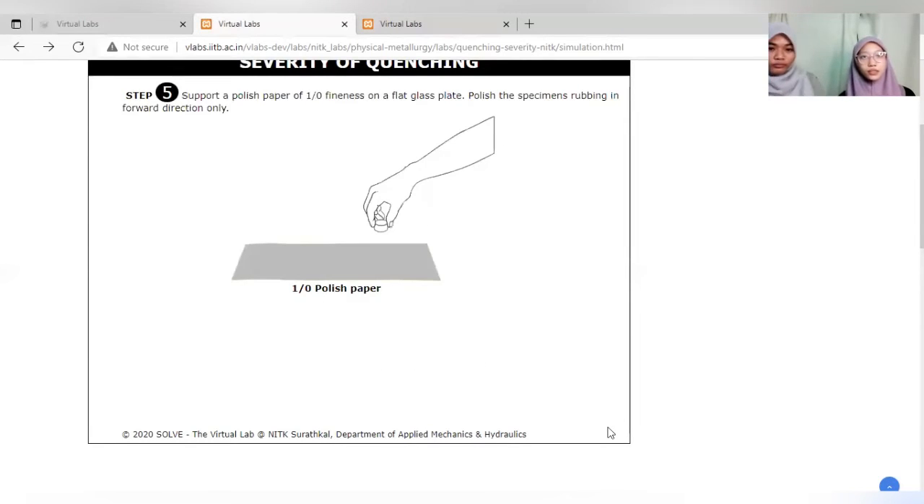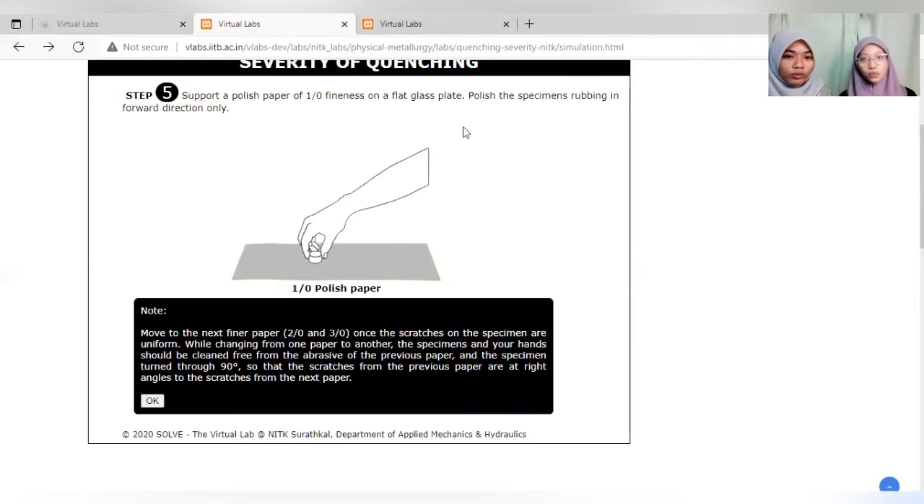So the next step is support a polishing paper of 1/0 fineness on a flat glass plate. Polish the specimen rubbing in the forward direction only. So we need to move them in the forward direction. So note, move to the next finer paper